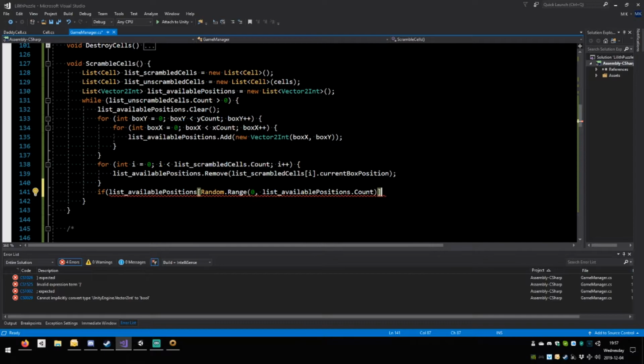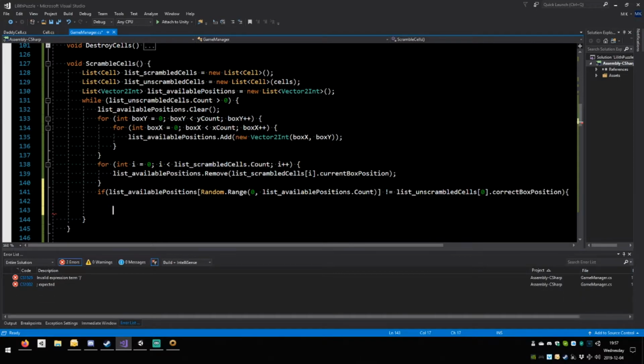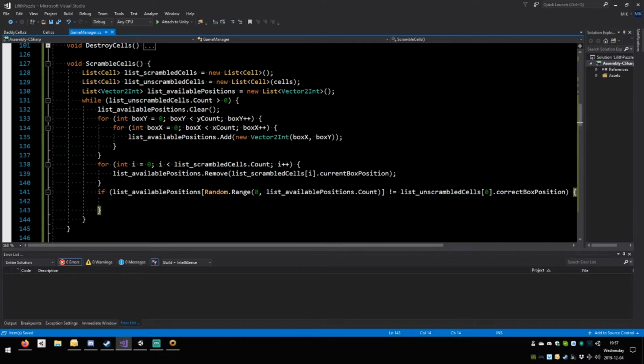Okay, so if list position is not the position of the unscrambled cell, copy this one, paste it here, 0 dot correct box position. So as long as the position we're picking is not the same as our correct one, because otherwise we're not scrambling it, right? We're leaving it in the correct place. We don't want that. So as long as it's not the same as the correct one, then we finally know we have a valid position that we have picked, and we can give it to the